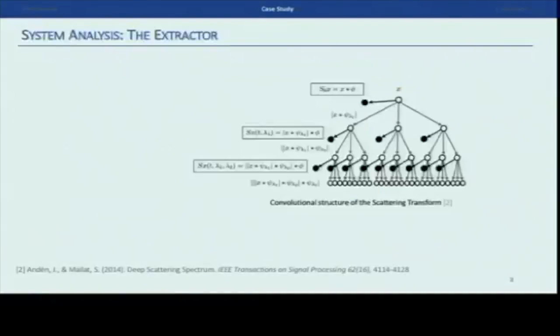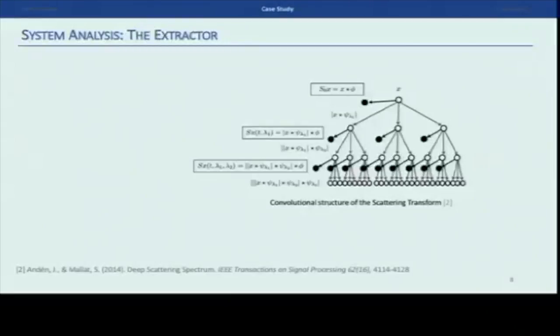So first we started by taking a look at the audio features, the characteristics that they extract from the audio. And that's kind of the schematic representation of the maths behind that. I will not go into detail. That's not the purpose of the talk. But what we see here is that given some input, the time representation of the signal, each layer in this cascade performs a wavelet transform and the complex modulus. That's not extremely important right now.